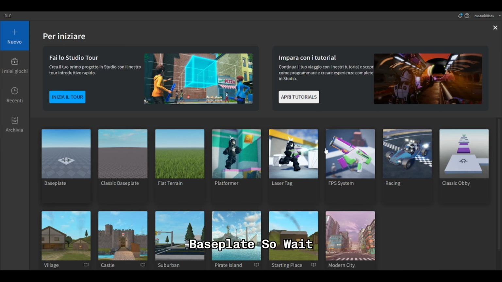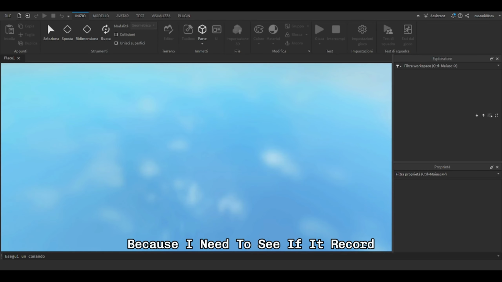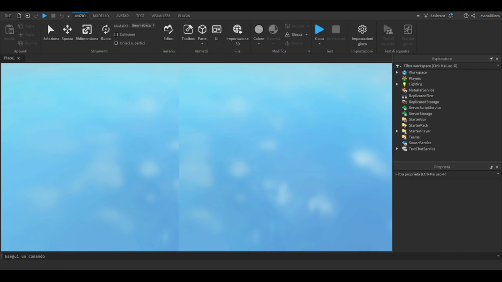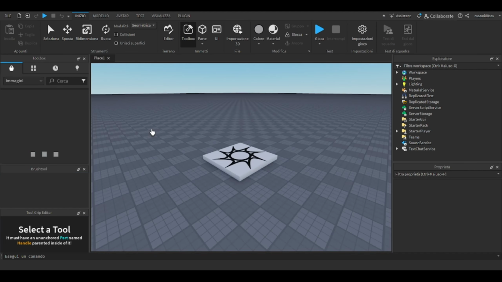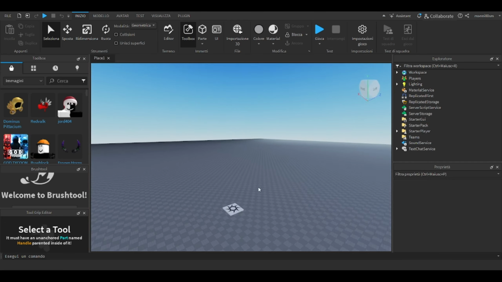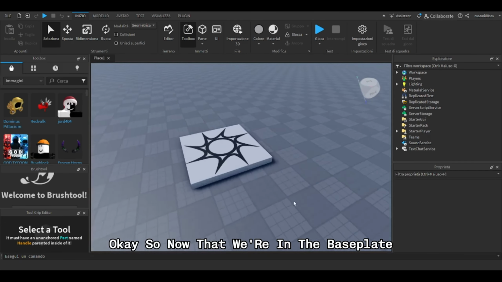a base plate. So wait, let me check something real quick because I need to see if it records well. Okay, I think yeah, nice. Okay, so now that we're in the base plate,